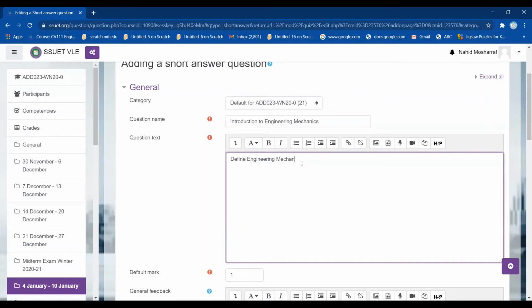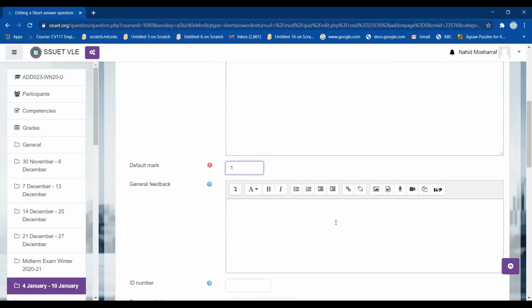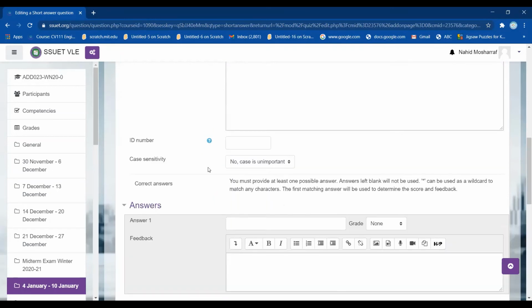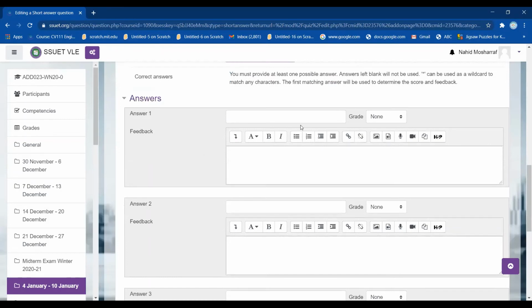But you are bound with these short question answers. For example, it is marked 1, and for case sensitivity, you choose not case sensitive, because a student will give the answer in capital letters or small letters, so every type of answer will be correct. If you are case sensitive, it will check whether they are in caps lock or bold or not. So now I am moving towards the answer. I can provide 3 answers.